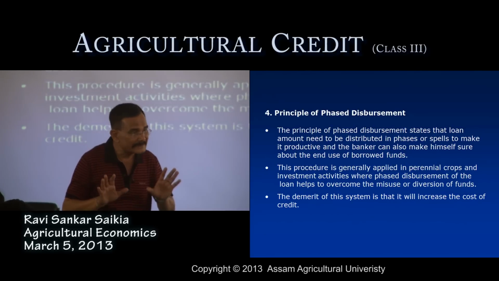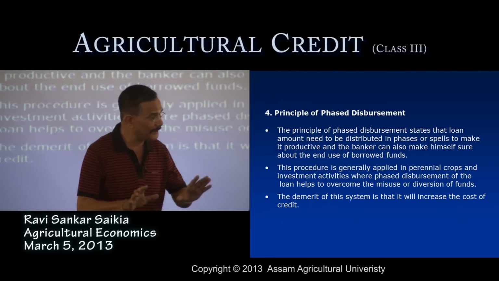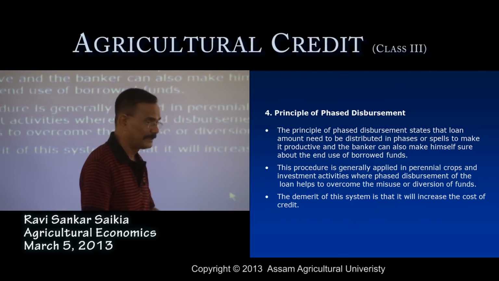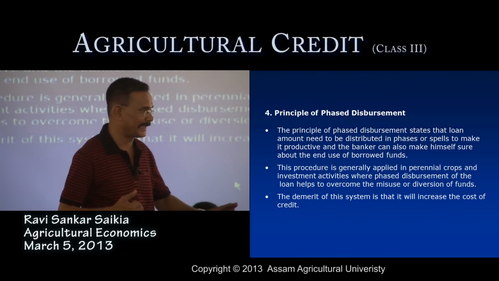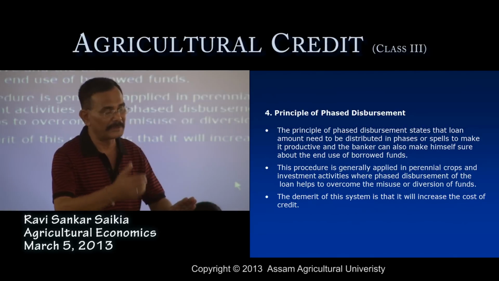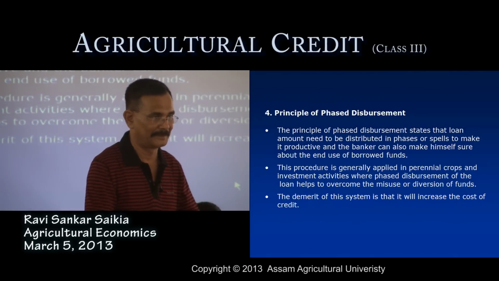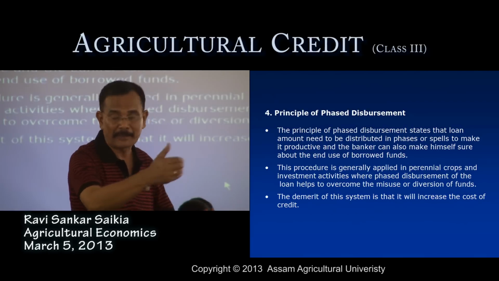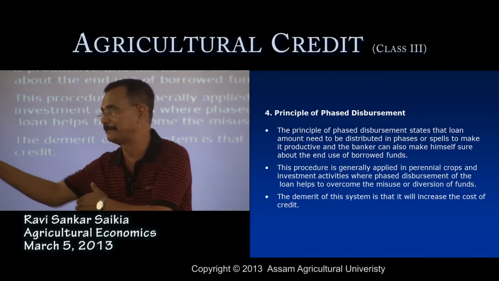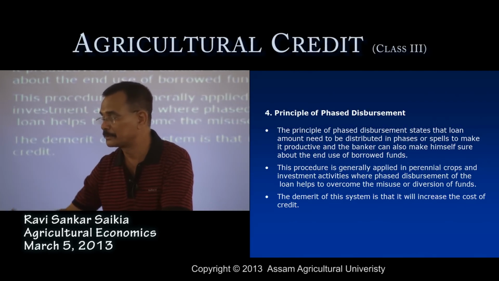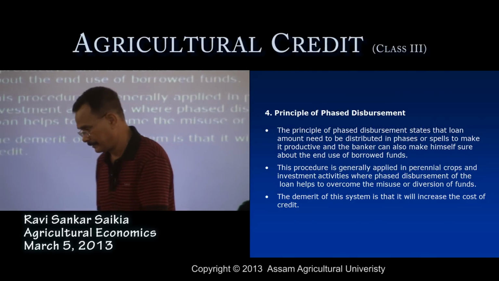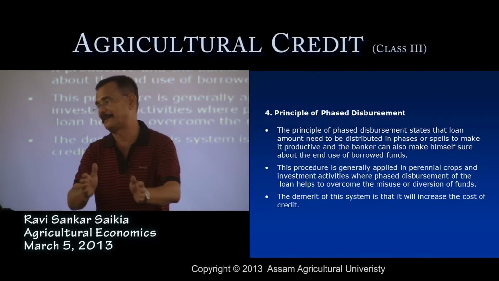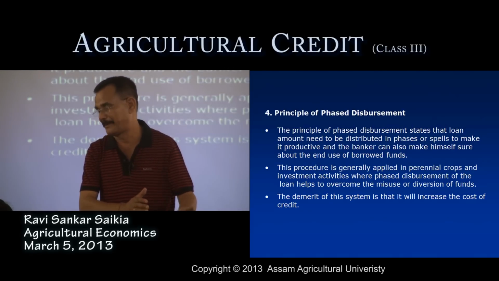But in some cases, loans are generally disbursed to farmers for a perennial cost. Suppose it goes over 2 to 3 years or 4 years like this, and the total loan amount can be assumed by the farmers as well as the banking organizations, but their requirement for the loan is in different parts of the period. So according to the time of the requirement, the loan should be disbursed by the banking organization.